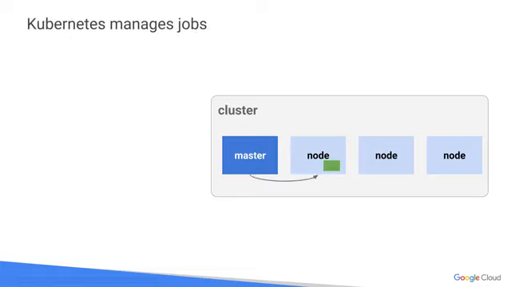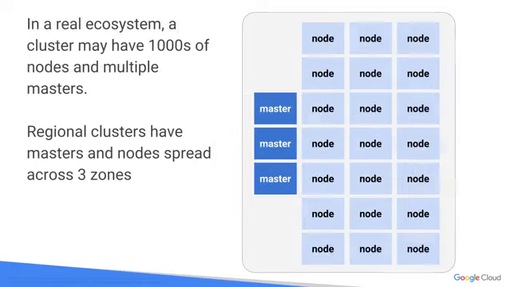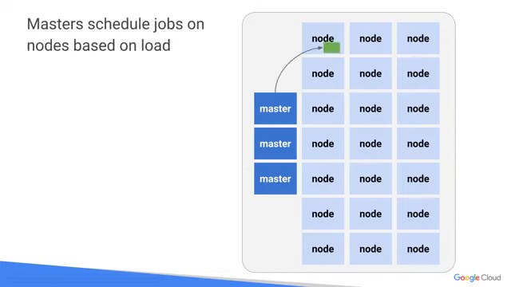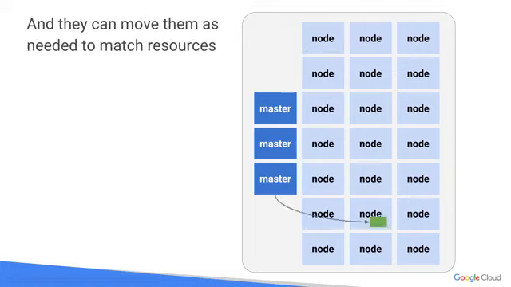And really, if you get to the meat of the matter, Kubernetes manages jobs. It knows how to delegate these jobs to these multiple nodes, and this is a better example of a real Kubernetes ecosystem. It's not usually 1, 2, or 3 nodes. It's thousands of nodes and many multiple masters. But the whole beauty of the system is it knows how to allocate jobs to these nodes which are free on resources or remove the task from nodes which are high on resources.